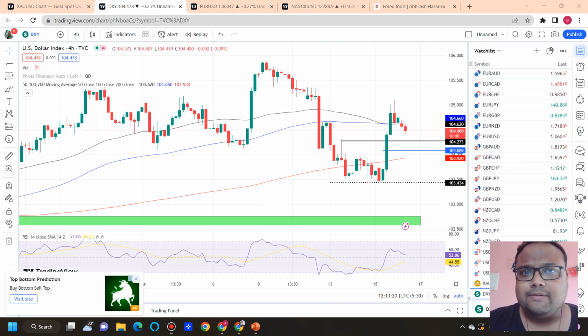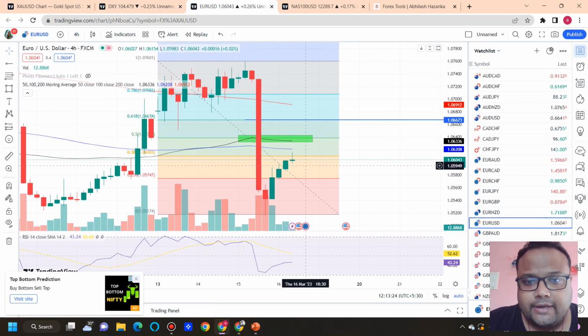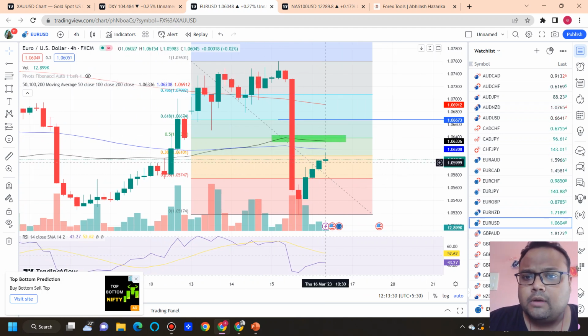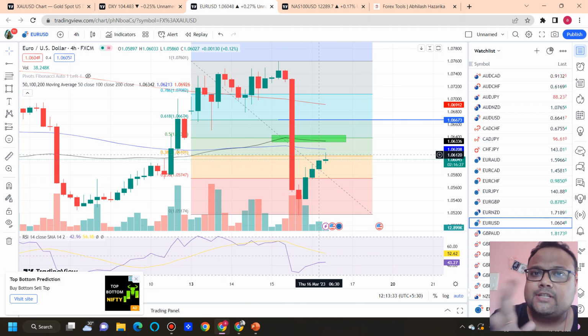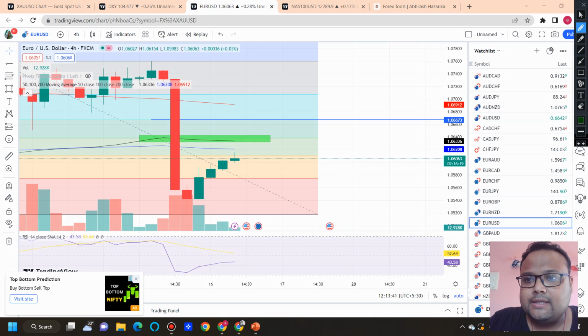Now let's have a look at the chart of Euro USD. Right now you can see it's showing some price rejection around the Fibonacci 38.2% retracement level. As the market has been extremely volatile, it's better to focus on the major levels only. So the first level, or the major level for the day, is